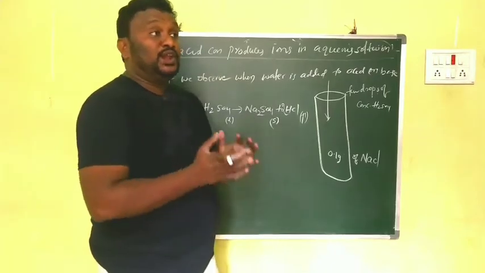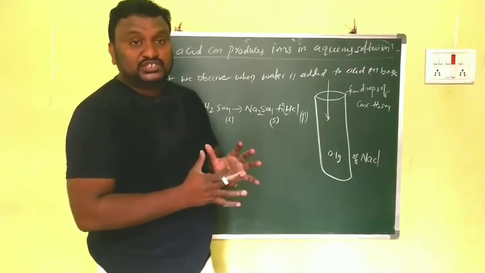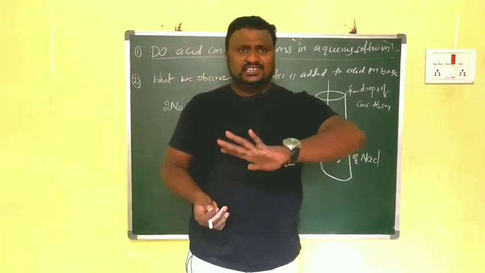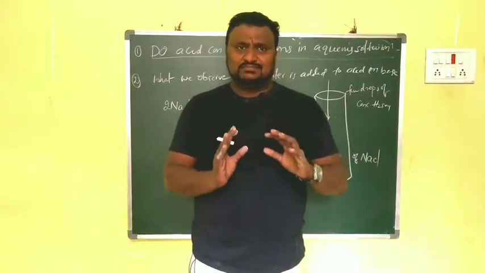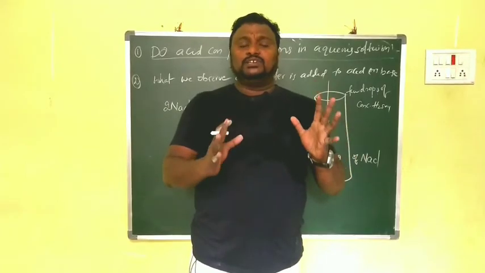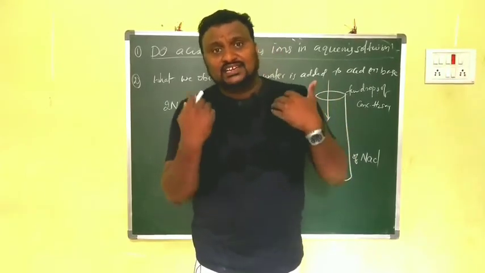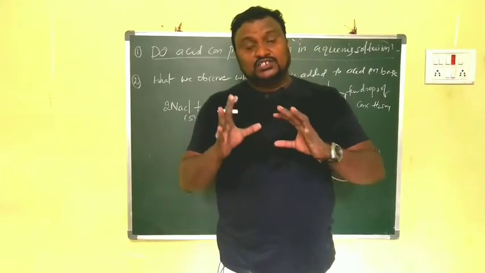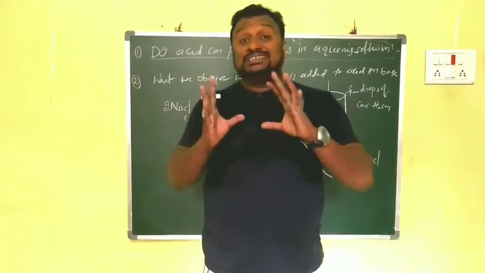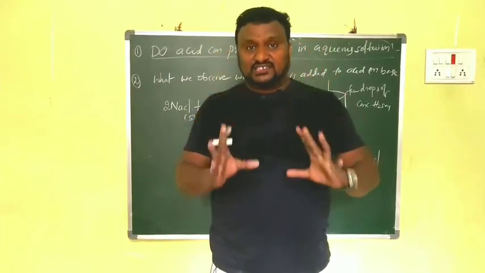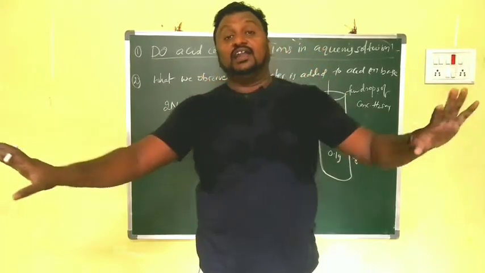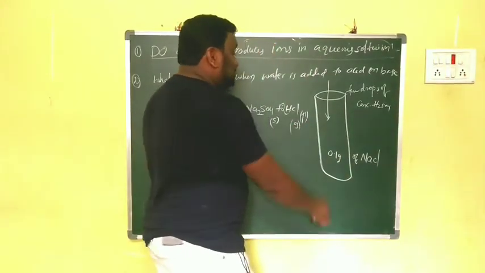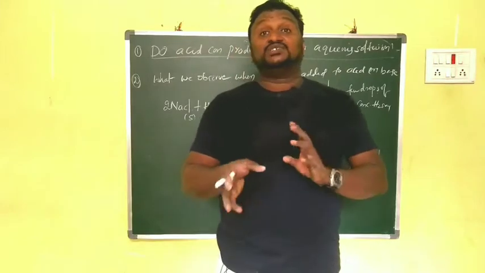Now we have to check whether this HCl is an acid or not. We know that HCl is always an acid, but we have to examine it. In our point of view, any acid must consist of H plus ions. When it has H plus ions, only then will we consider HCl an acid. Otherwise, it is not an acid. Clear, children? This is a gas, and we have to check whether that HCl is an acid or not.